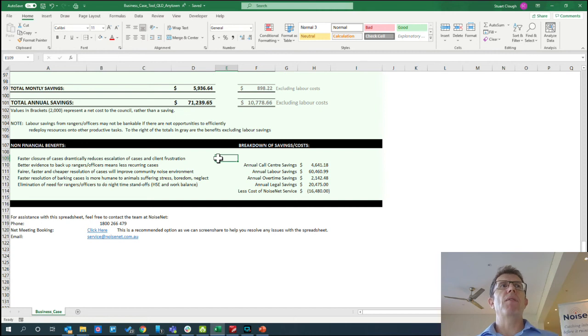You've got better evidence to back up you reducing the likelihood of recurrence. If people know the process, they know it's fact-based, you're less likely to get these spurious or neighbour complaints. They're going to find another way to get at their neighbour rather than using you as a proxy. It is a faster and fairer way of resolving cases, and ultimately it improves community